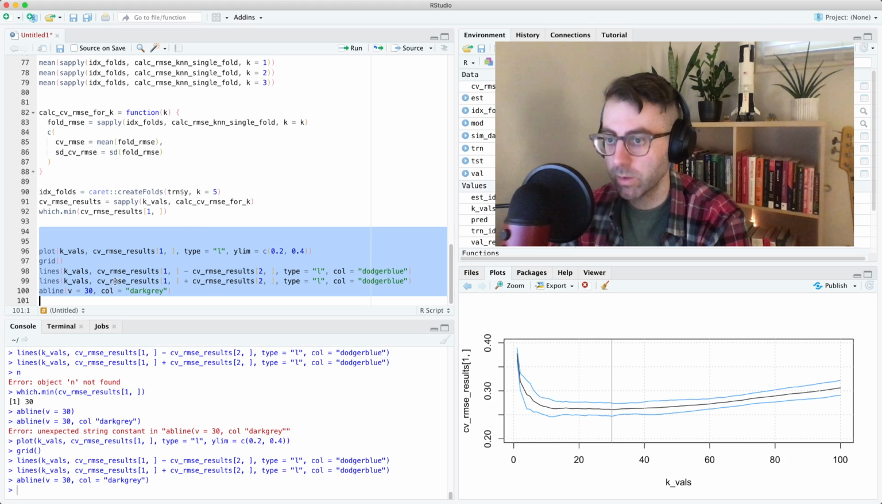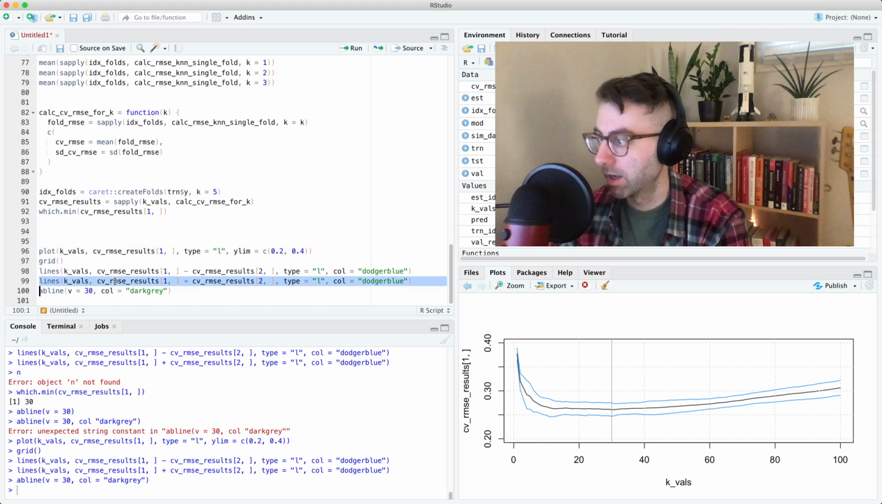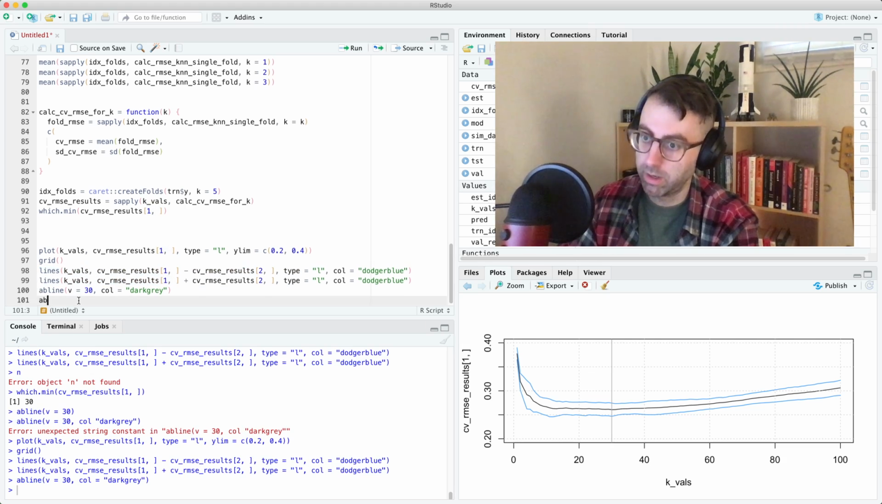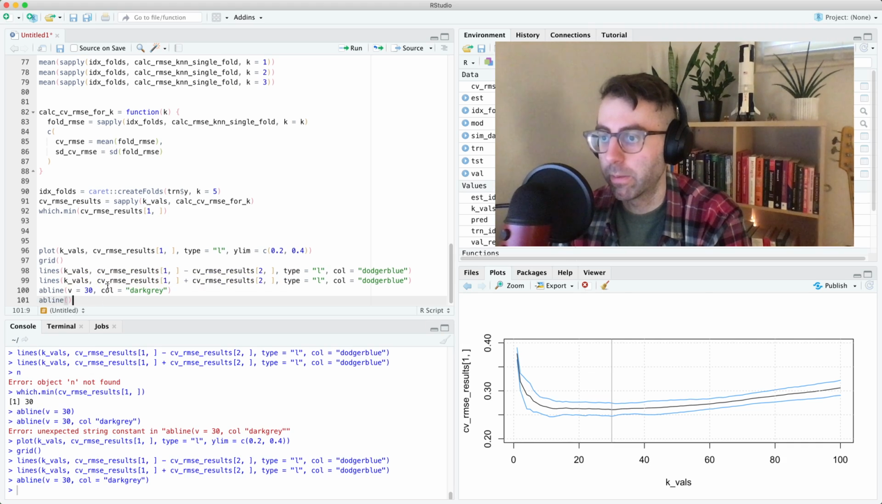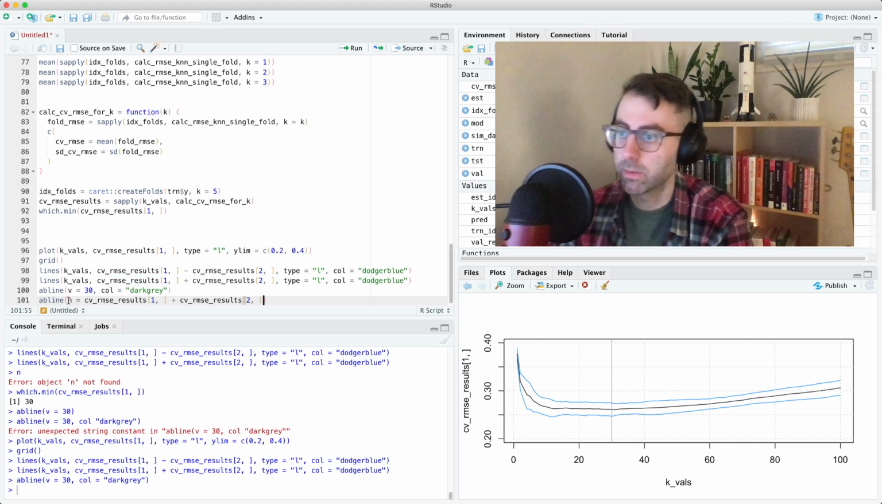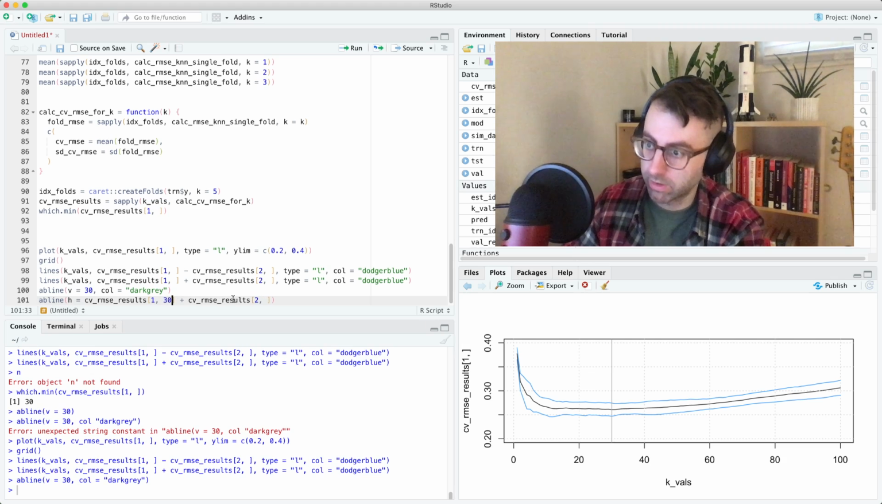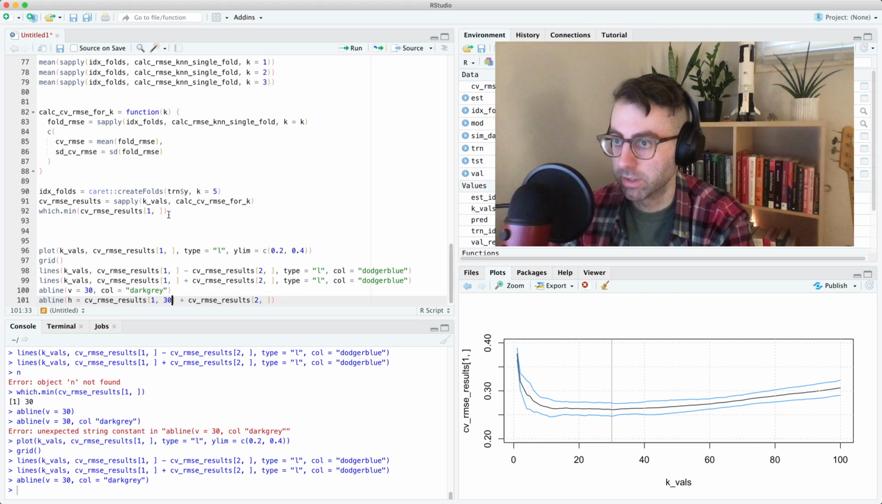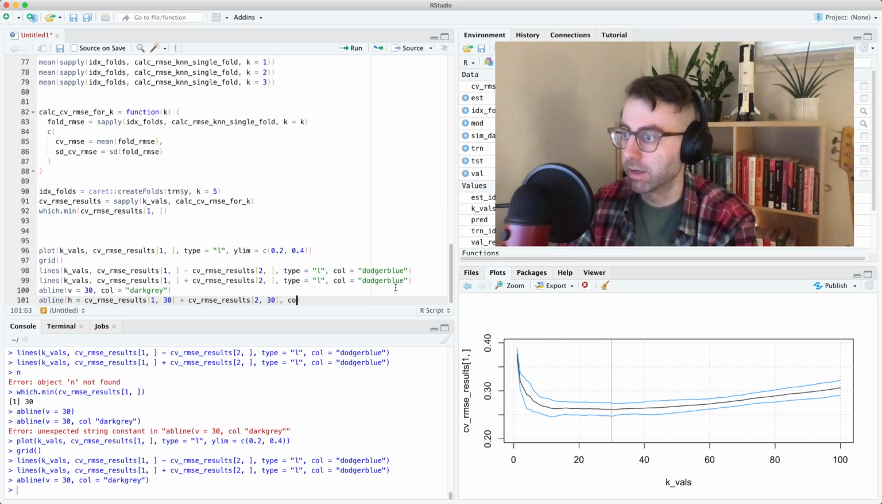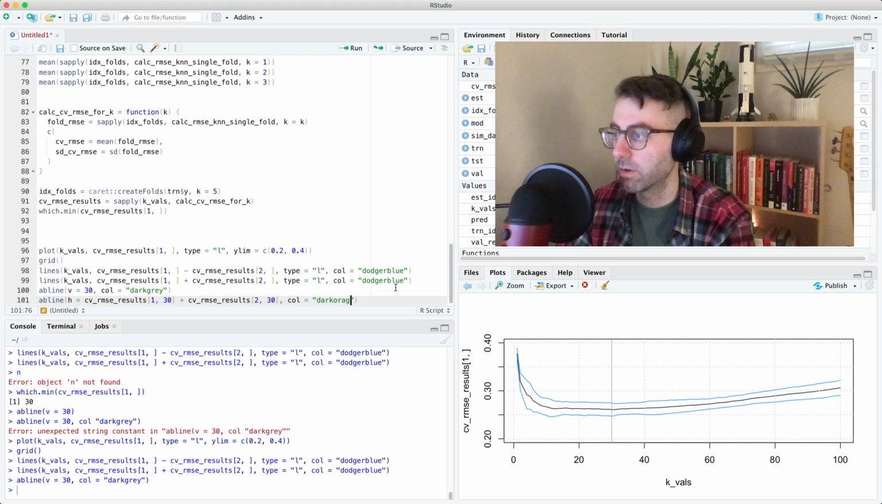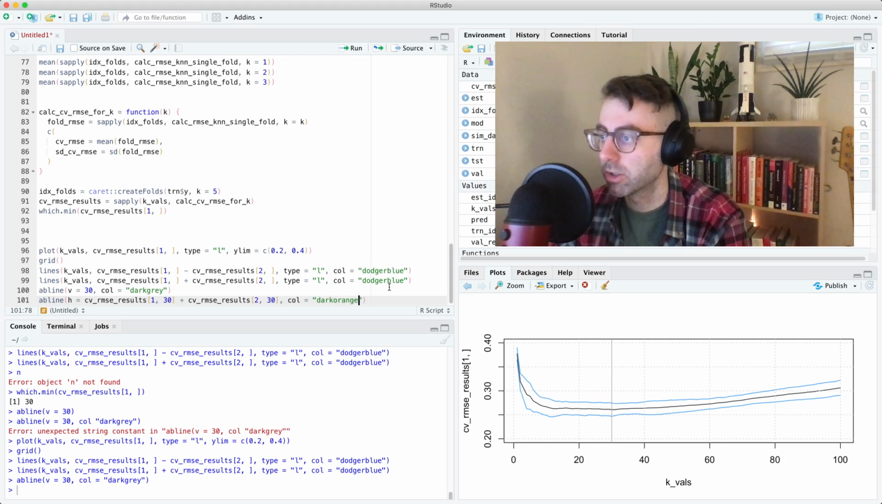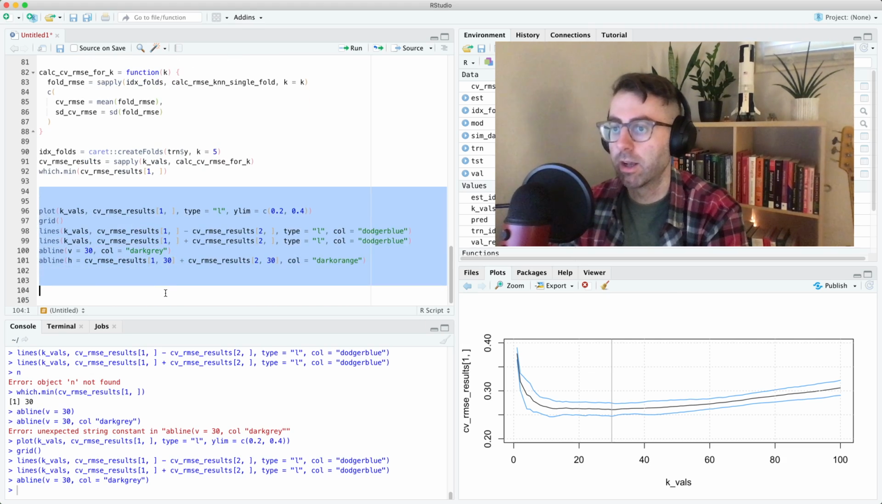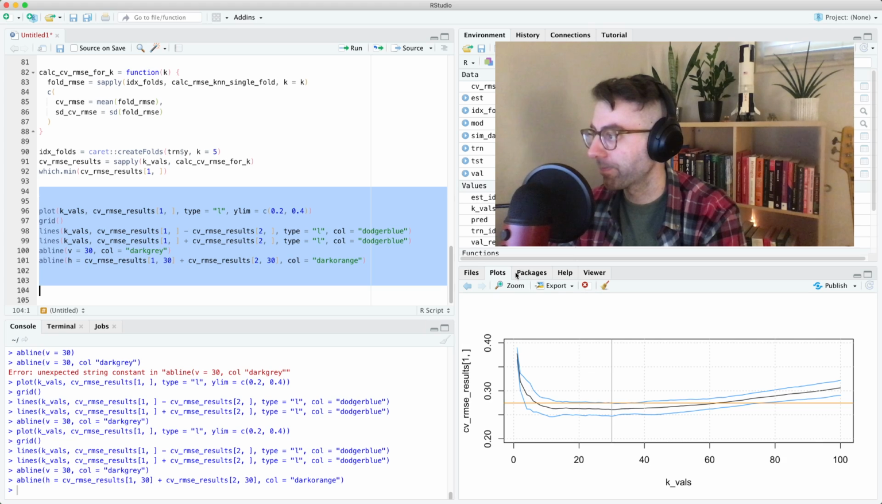But what if I did something like this? Let's do abline. This is not going to be the best code in the world. So what did we say? It was 30. That's hard coded. I should really just do this, but it would make the code too hard to read. And color is dark orange. Did I spell that right? We'll find out. Okay, so now when we plot this,